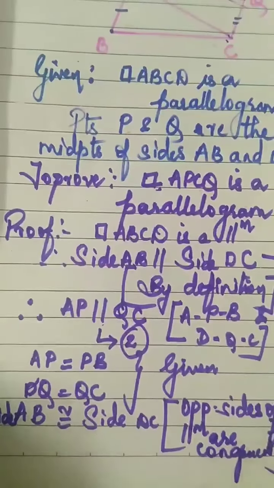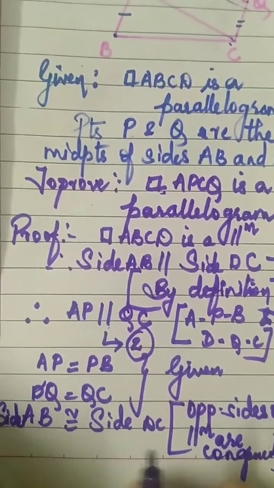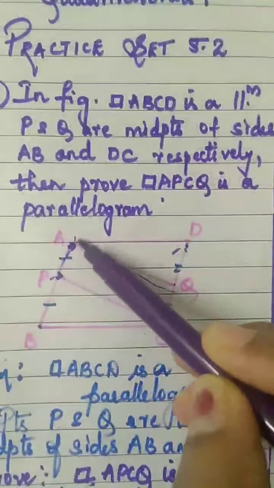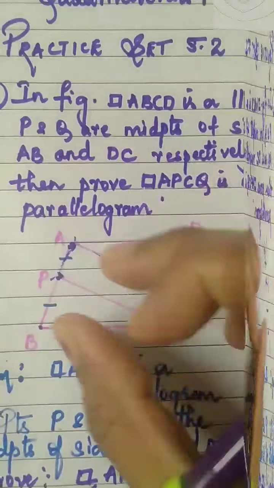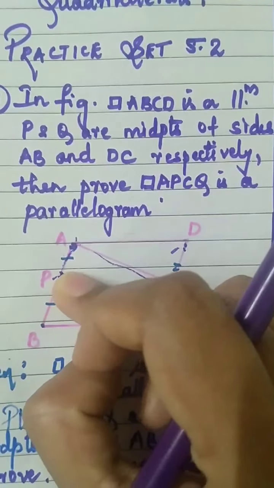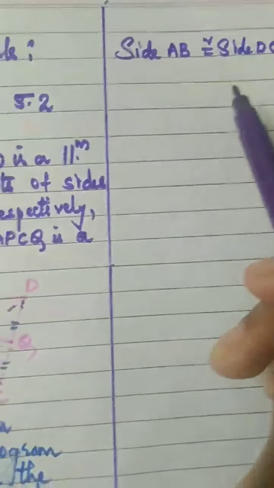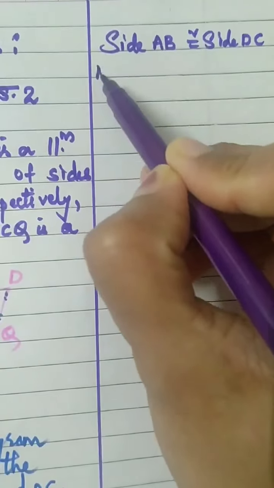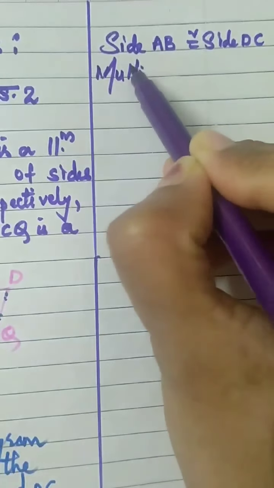Opposite sides of a parallelogram are congruent. So AB is congruent to DC, let us see the figure. AB is congruent to DC, then half of AB, because we know that P is the midpoint. So both the sides I will divide by half. That means we can write, multiplying